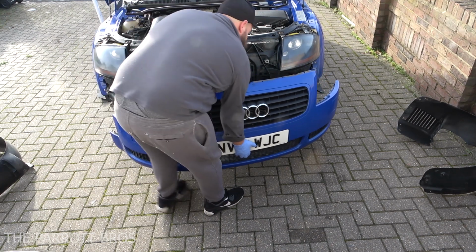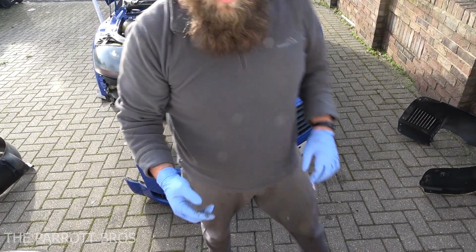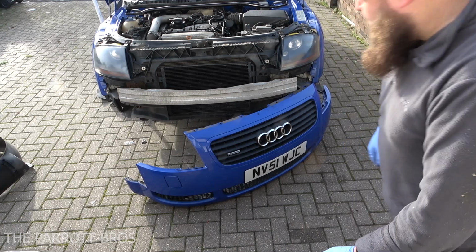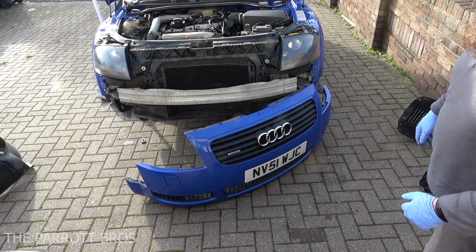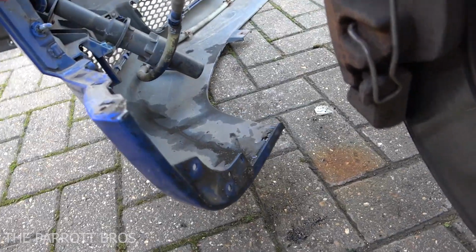And there you go. Now, I'm going to put it down to the side because it's got the headlight washers pipe on one side, which I will show you in a minute how to get off, but there you go. There is the front bumper removed. We'll go through the fixings quickly. So there's the